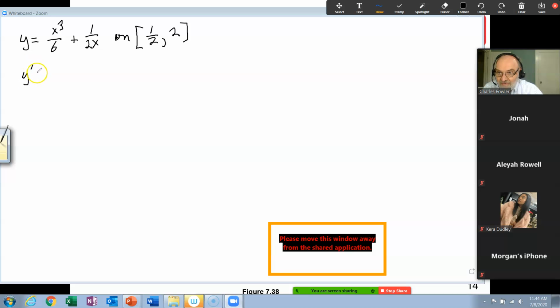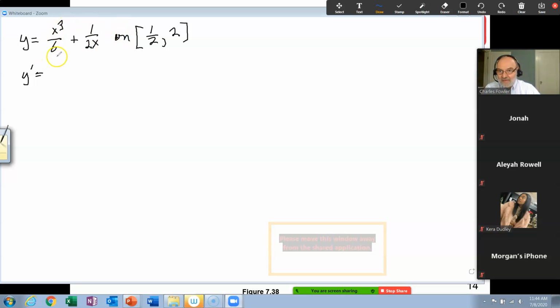Take a derivative. Now before I take a derivative there, I can't get that equal sign to draw. There it is. Okay. I want to rewrite this function. Now, I didn't leave myself room enough to. I think I'll rewrite it this way. 1/6, it doesn't matter about this part, x cubed